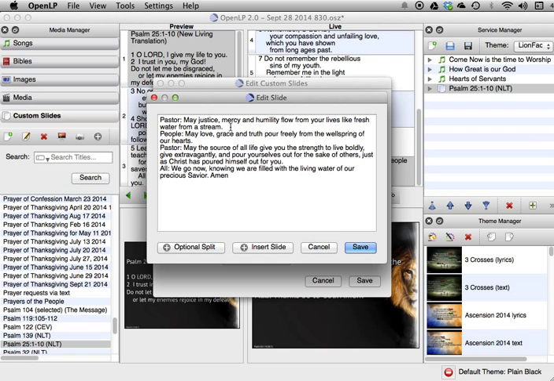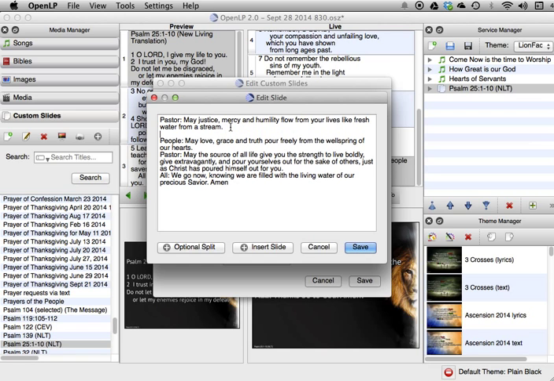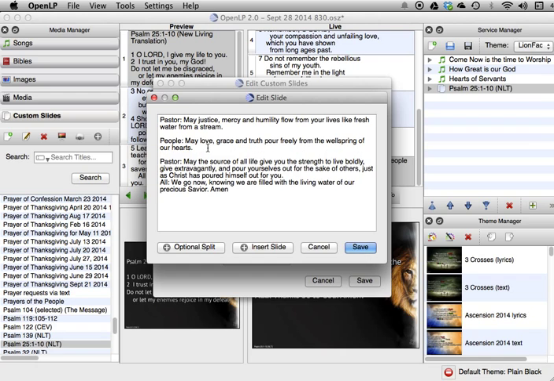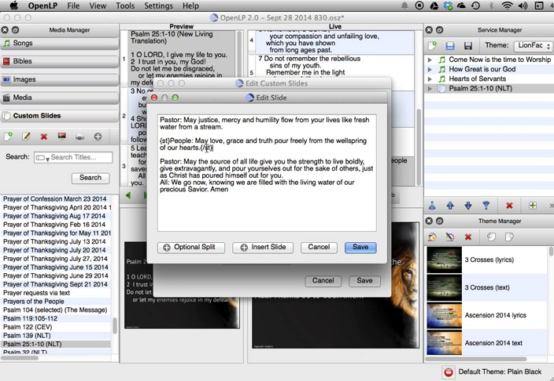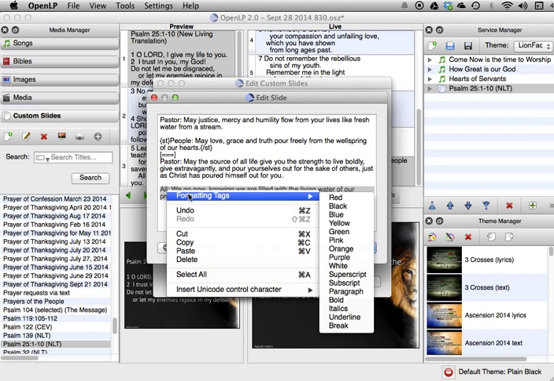And this time, I'm going to put a hard line break between each line. And kind of like I did in the last one, I'm going to bold what the people say. So I'll highlight, right-click, go to Formatting Tags, and select Bold. Or you can also just type in these characters. And let's put a new slide like this after, just to make sure that we don't make it too much on one slide. Same thing here, we'll bold the "all," which the people are going to say along with the